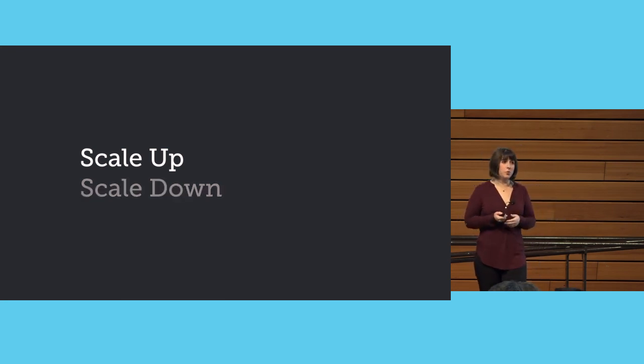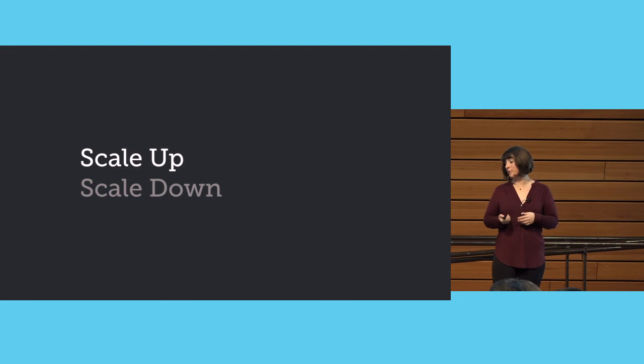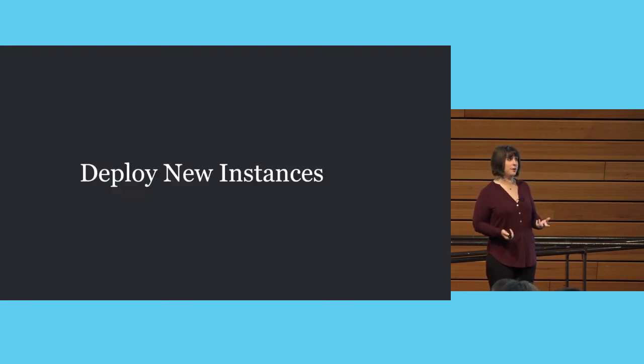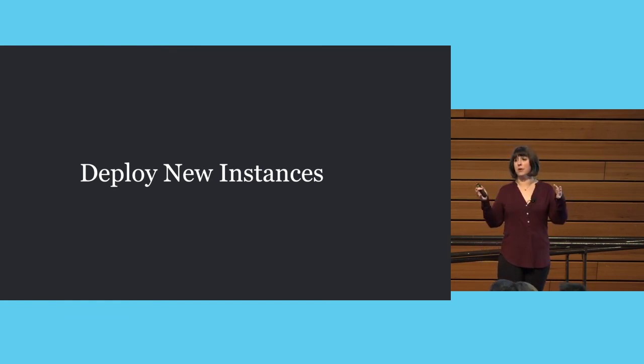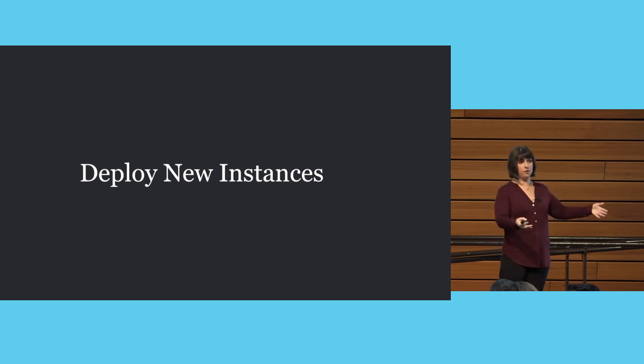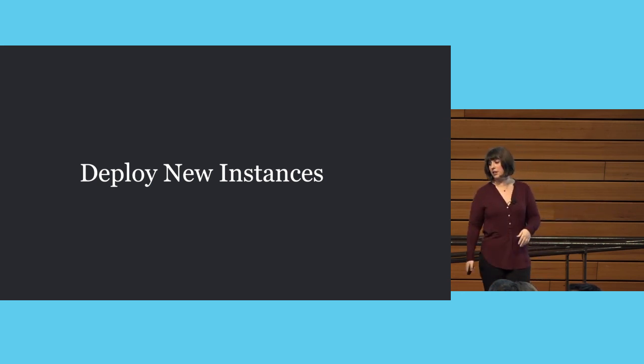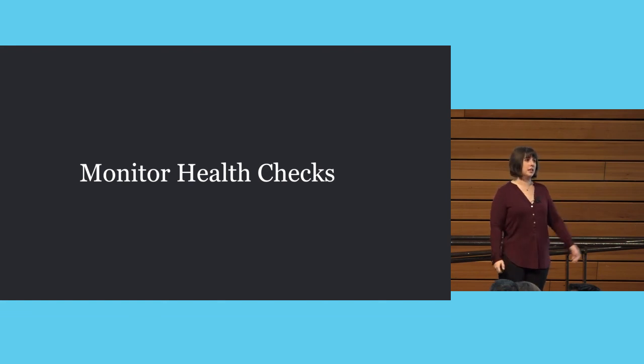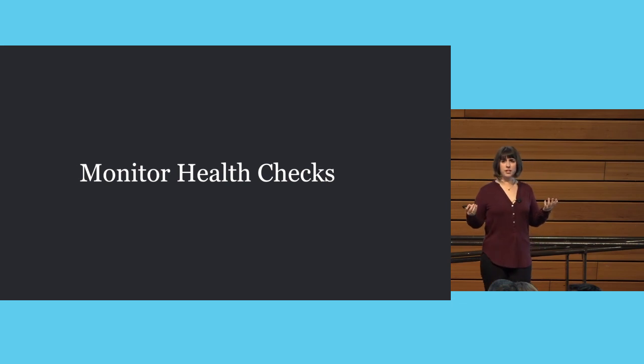So what happens when you're scaling up? Well, scaling up, it turns out, is really easy because I just talked about it, and it's just deploying a new application. The same way that you deploy something from like a pull request, a lot of that automation can be reused when you're scaling up or down, or scaling up specifically. So you create a new instance using hopefully whatever automation you already have to deploy instances, and you monitor your health checks, again, because this is a new instance. If this application has been running for 2 years and it's never had a problem, but suddenly you need to have more of it, it should just work.